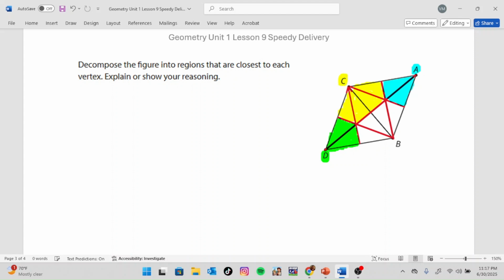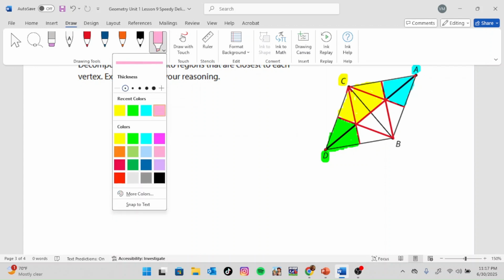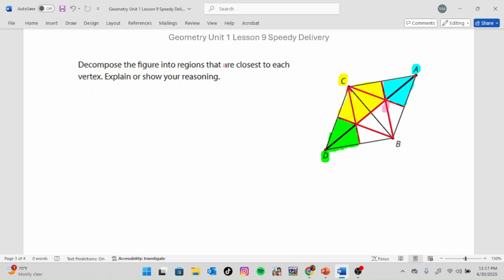Those points are all closer to C. And finally, this last part that's in white, I'm going to shade in pink. And all the points in this pink region are going to be closest to vertex B. So this is how you can use perpendicular bisectors again to help you figure out when points are closer to